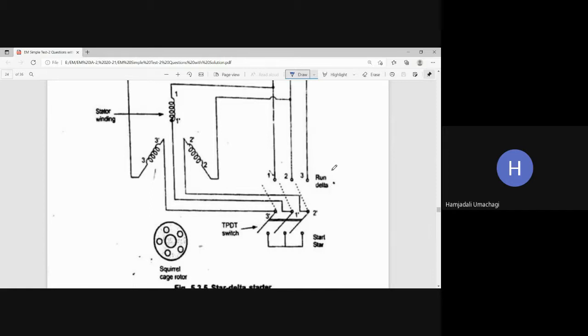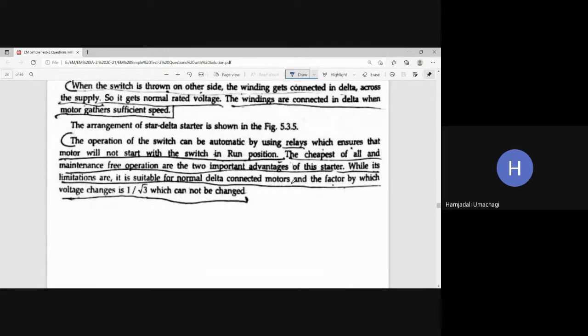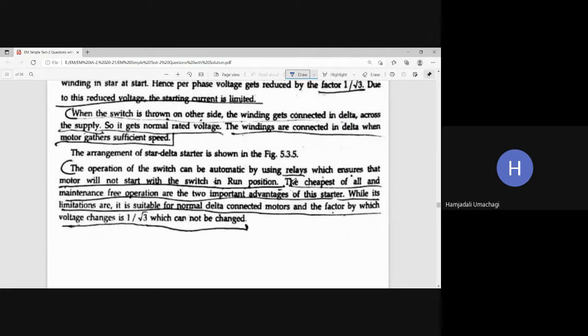So here during running condition, stator windings are going to get the supply voltage, connected in delta fashion. In delta fashion, line voltage is equal to phase voltage. So if it is getting sufficient voltage at the time of running condition, the motor is working perfectly. This is the reason why we connect induction motor in star at the beginning, just to control the current. And once it is going to pick up the normal speed, then the TPDT switch is made to be thrown on the delta position during running condition, so that it will get sufficient voltage and it can operate properly.